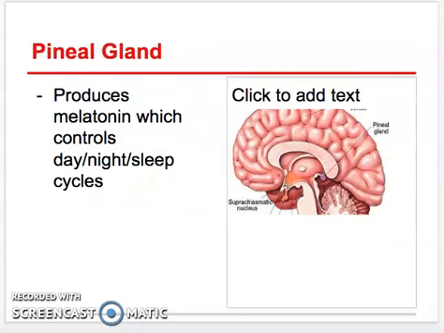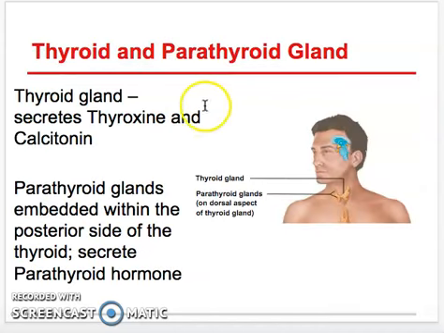Next is the pineal gland, which I've already mentioned. It produces melatonin, which controls the day and night sleep cycles. And then we have the thyroid glands and the parathyroid glands. The thyroid gland secretes thyroxine. Thyroxine is like the suite of thyroid hormones that act on the majority of the cells in the body and